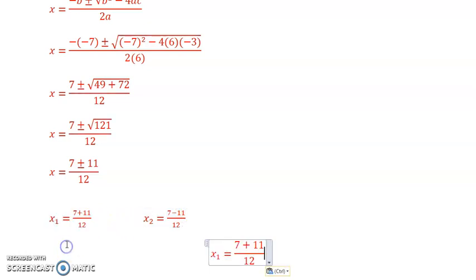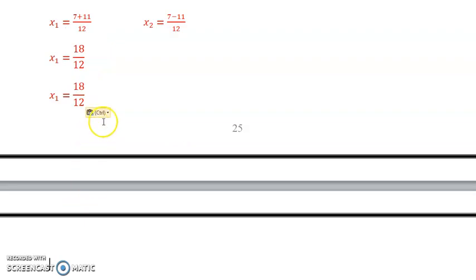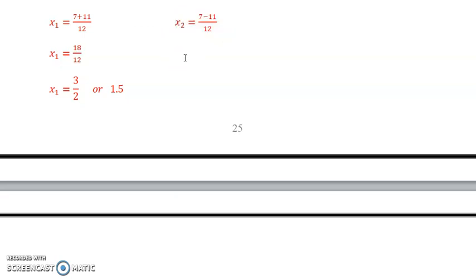All right. So we'll do the work on the first one. 7 plus 11 is 18, and we can simplify that. You know me, I'll try to avoid fractions at all costs. That would simplify to 3/2 or 1.5 is fine. Okay, 1.5. And then the second one, we're going to subtract. So when we subtract, we end up with -4 over 12, which we know simplifies to